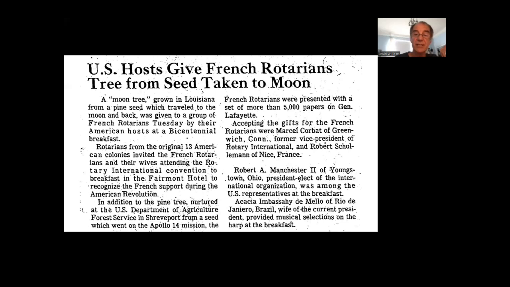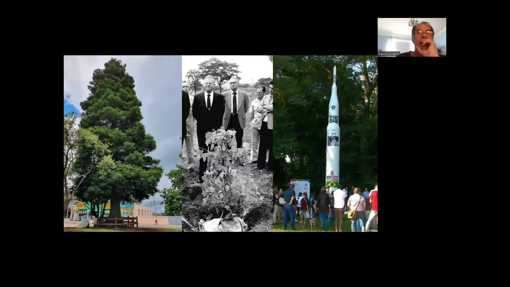However, they did send 3 of them to Brazil, and those are all alive. There's a picture of one basically today. There's a picture of another one at the planting. These were planted in 1980, so the seedlings are a little bit bigger. They grow a little bit more, and probably made them able to make the trip, you know, survive the trip a little better. And then actually, one fellow built a giant model of the Saturn V to put next to the moon tree, one of the moon trees in Brazil, which is another redwood.